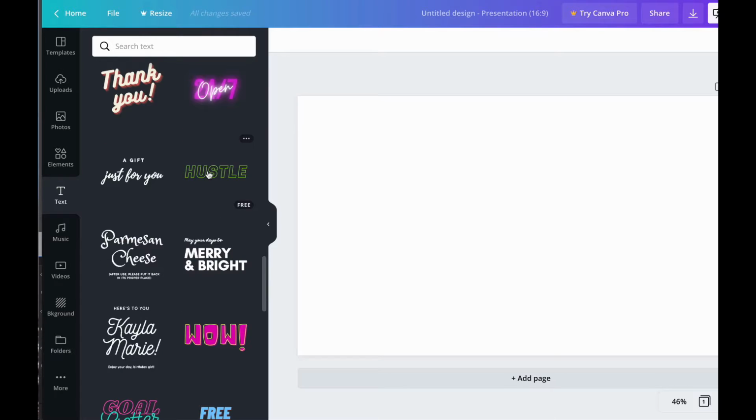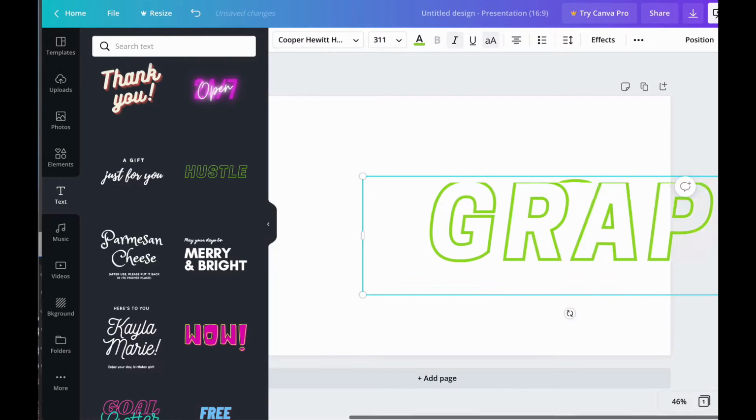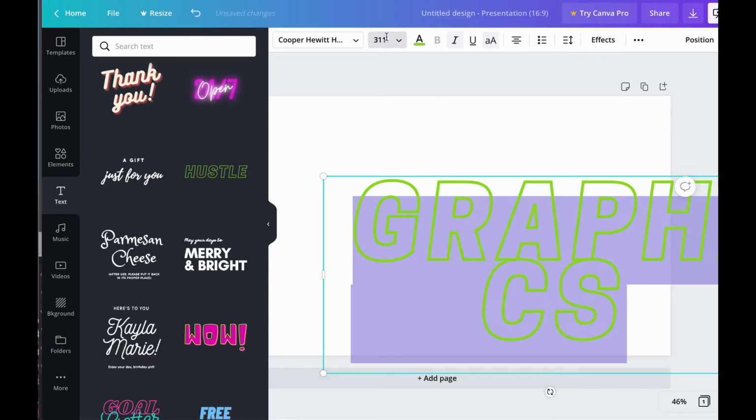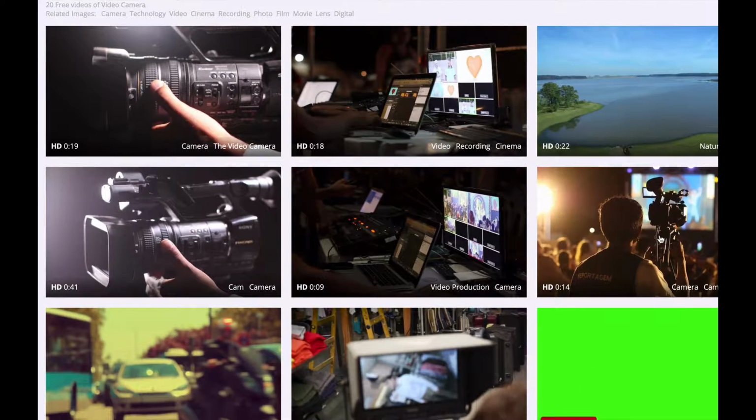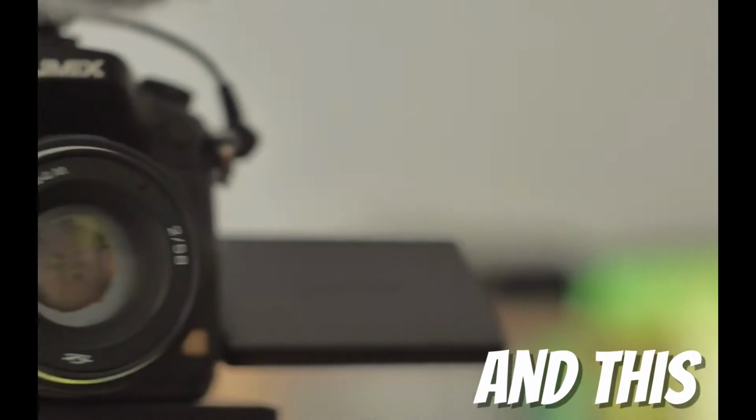Maybe you have Photoshop or Photoscape or some type of program where you can generate your own graphics with text and images. But whatever it is, it just makes it a little bit more interesting to convey your point. Now, there's a couple of other free sites out there that can give you what's called B-roll, which is video that you can display while your audio is playing in the background, sort of like this right now. So maybe if I'm talking about B-roll, I want to talk about somebody shooting some B-roll.